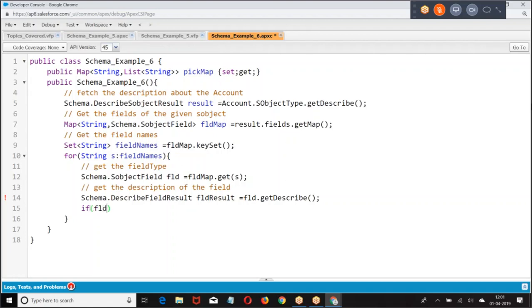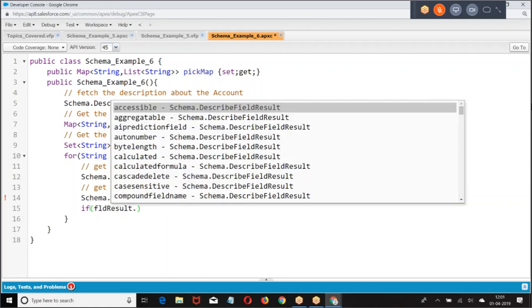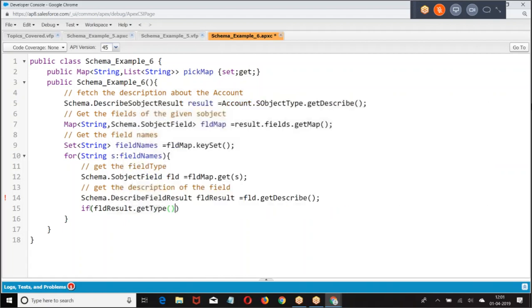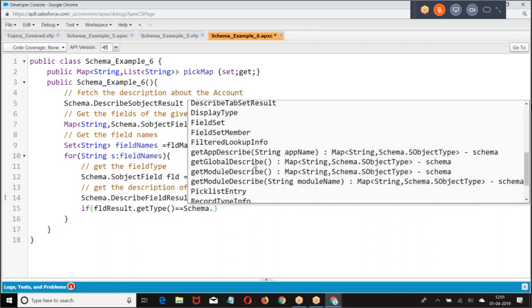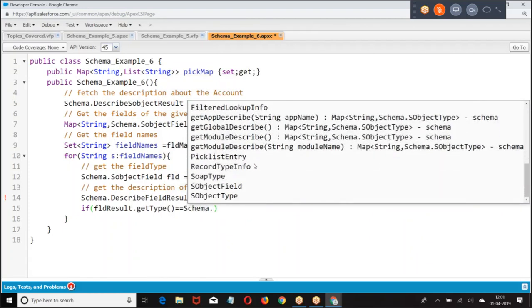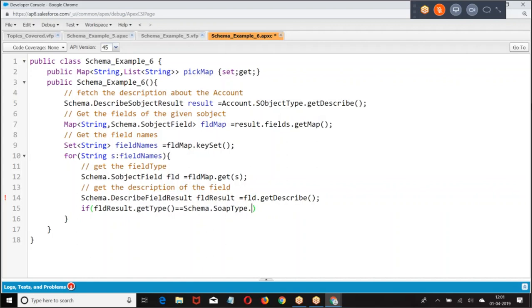If field result dot get type equal to schema dot, we need to understand the type, field type. SOAP type.